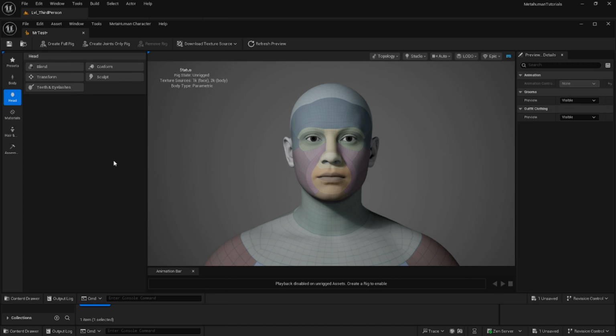And today I'm just going to go over a few of the options you can use. I briefly went over some of the sculpting and stuff like that, just pulling parts of the face out so you could see, and went over resizing the body a little bit in the previous tutorial, and so I want